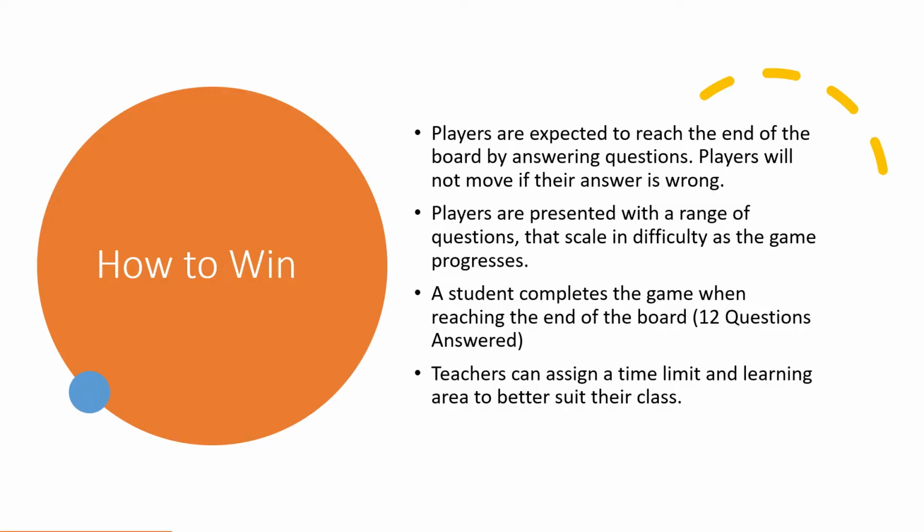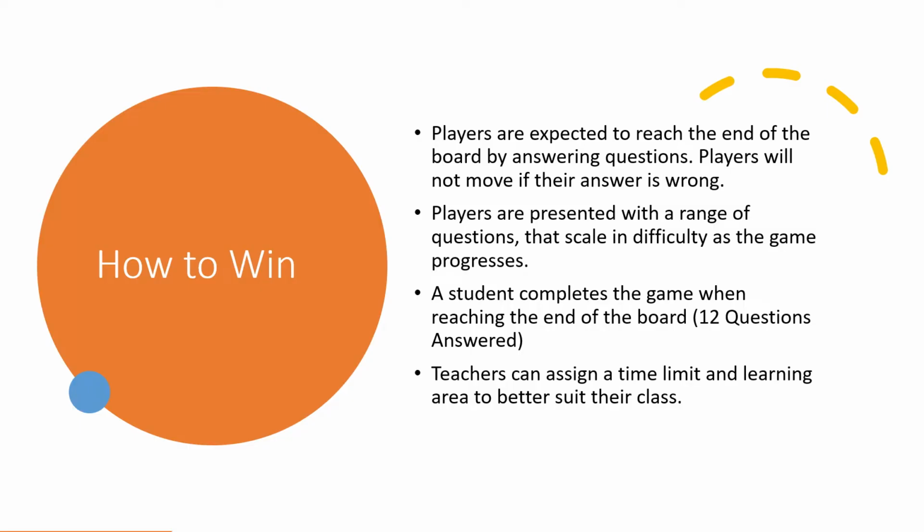Students are tasked with answering the questions on their device, and then whoever answers the question first will get a set amount of points and move forward on the board. Points are in the game to make sure that there is a tiebreaker element, so that means that players who answer all their questions correctly don't tie at the end of the game.